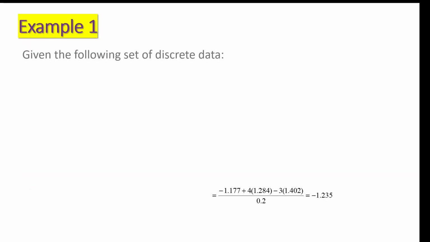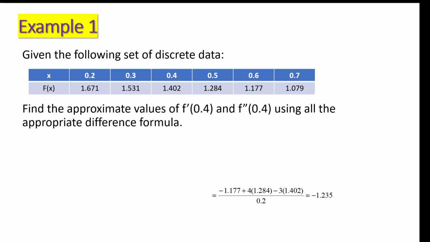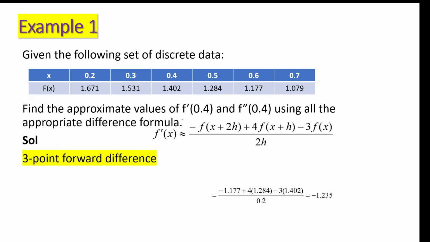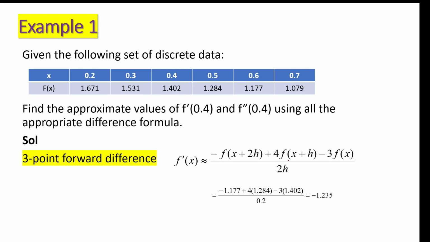Okay, later on, this is the 3-point forward, and this is the 3-point forward formula. The formula will be given, so don't worry. It means you just plug in according to the formula. So this is f(x), f(x+h), f(x+2h), with negative of f(x+2h). So it will be negative